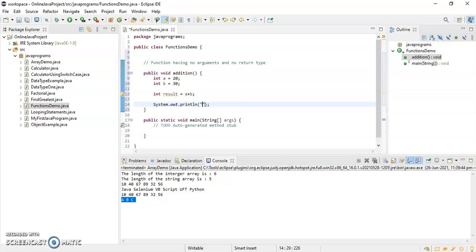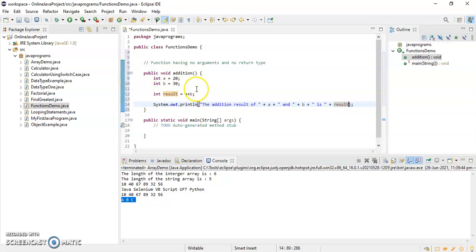So I'll just write here the addition result of a and b is result, right?